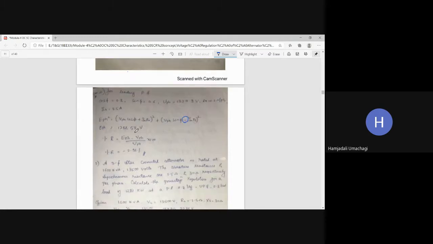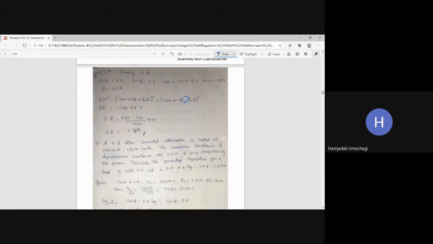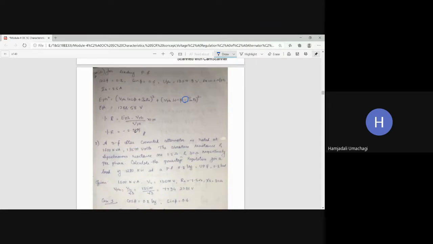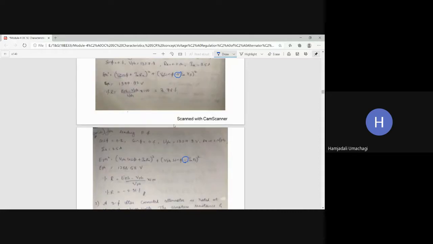Now let us solve one more problem, a similar kind of problem, on the graphical approach method only. Do you have any doubts in the first problem? No, sir. Okay. Do you want to note down the problem solution here? Have you noted down case 2, voltage regulation for leading power factor? Have you all noted down the solution part? Yes, sir. Okay, fine. Now we'll move on to the second problem.